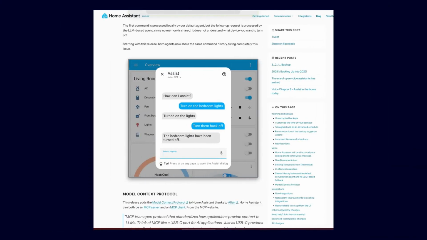The problem, however, is that the AI then did not receive the command. So if you say, in the first command, turn on light XY, and then in the second command, turn it off again now, the AI had no idea what to do with that because Home Assistant essentially took the first command. And with the command to turn it off again now, the AI couldn't understand the context at all. Now, the large language model receives the entire conversation content at any time, and can then deduce that turn it off again now refers to the previous voice command, recognize the light accordingly, and then turn it off for you again. Additionally, it is now possible to enable calendar integration,